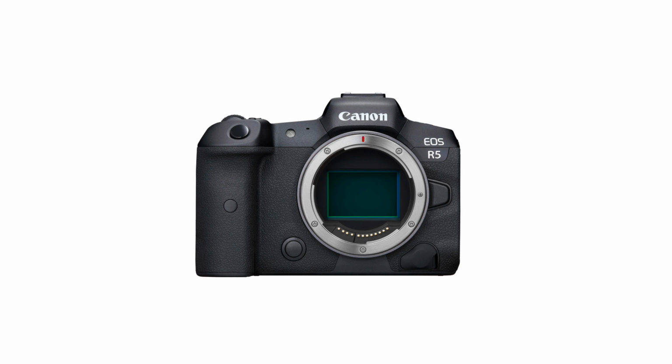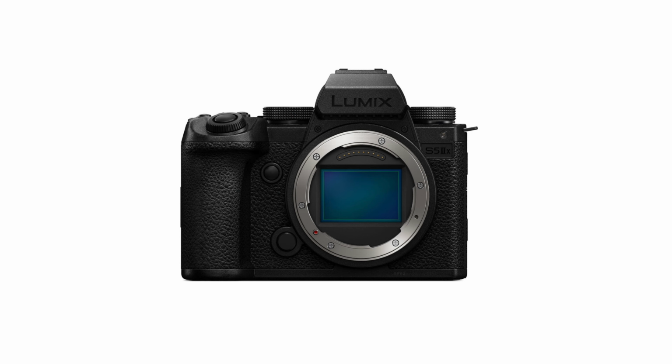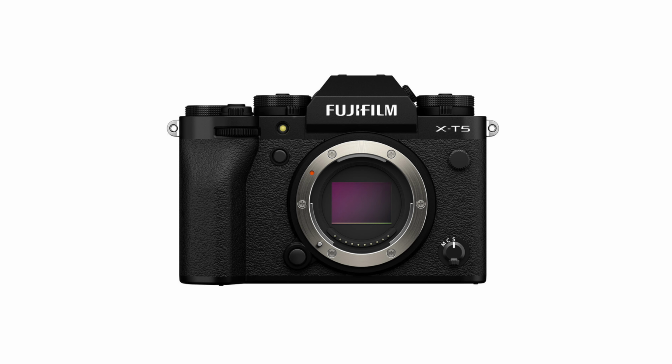Have you ever wondered why most cameras look the same? The same dials, body shape, design style. When your friend says he bought a new camera, you kind of know what to expect. But there is one camera that is completely different from everything else the market has seen in the digital age,